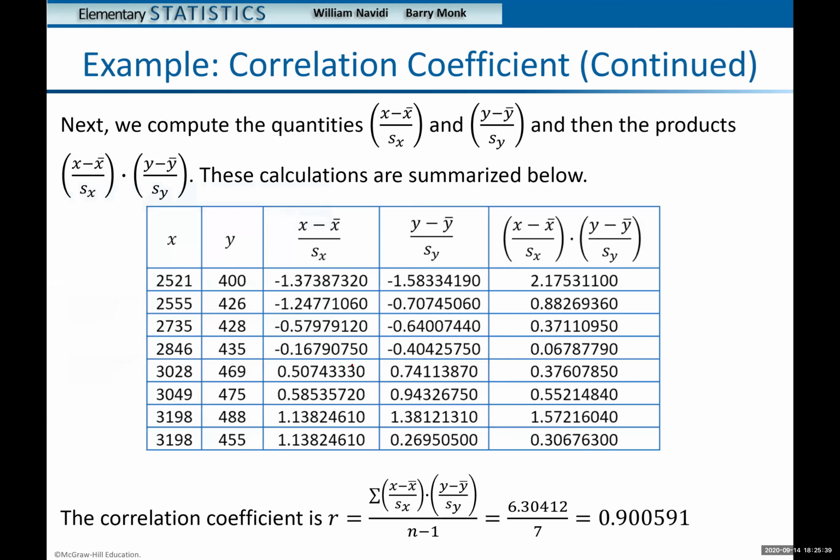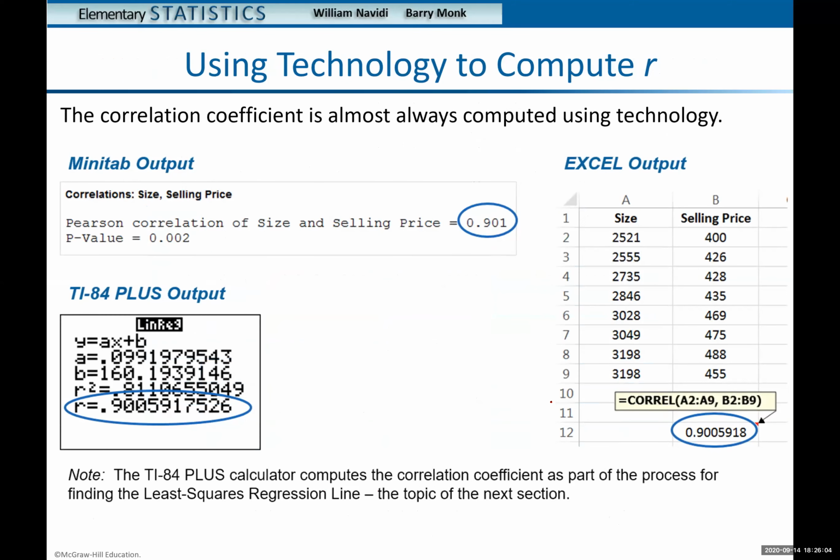And then after you do that, you're going to have to have 3 columns, using this formula. So I don't want you to do this. I don't want you to spend so much time doing this. And I don't expect you to do this on a quiz or a test, okay? Because you're just going to waste your time. So what to do is, to get the correlation coefficient R,